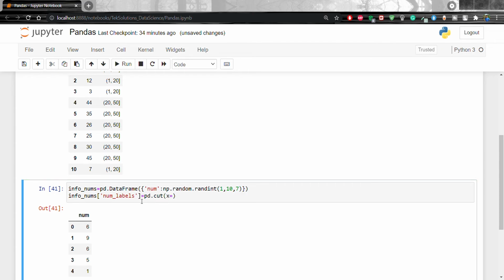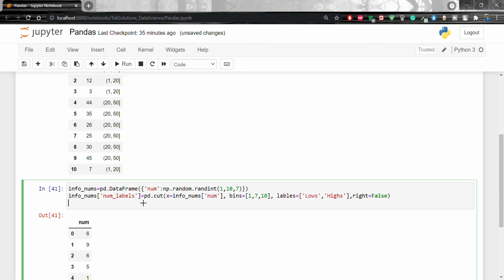We have x equal to info_nums, which is going to take the num column as rows, and bins we are going to pass as 1, 7 and 10, and labels we can say lows and highs, and right is going to be passed as False.